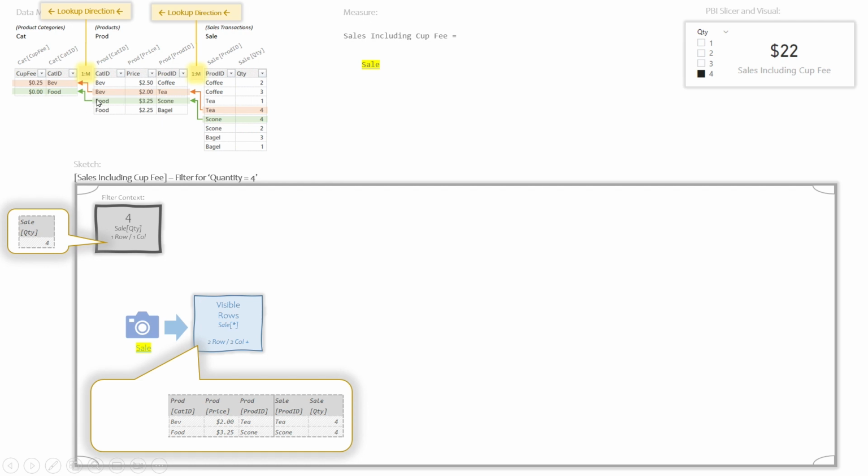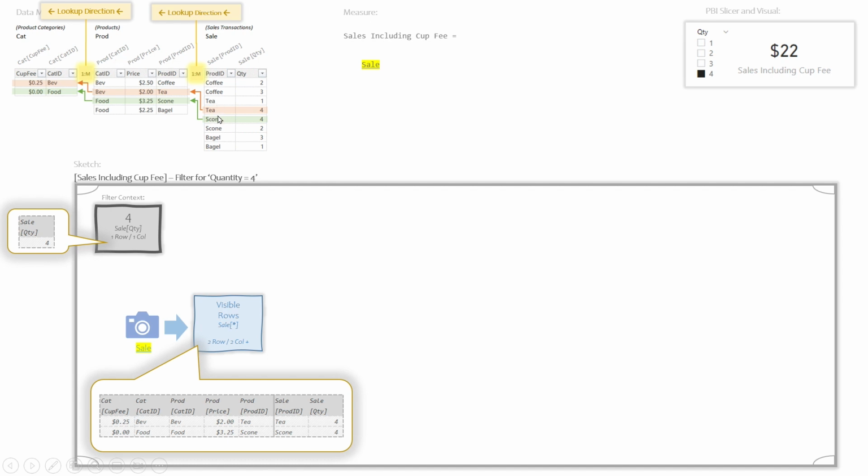And in addition, for this second row right here, because we know that this is the category ID of food, we could use that to look up this row right here. We know the cup fee is exactly $0.00. So in addition to being able to look up these columns over here, we can also look up these columns right here: the cup fee and the category ID. So your initial inclination that you get these two columns is correct, but when you're doing the auto snapshot and you've got relationships involved, and specifically where you're starting there is a chain of many-to-one relationships, or lookup relationships, if you want to think of it that way,